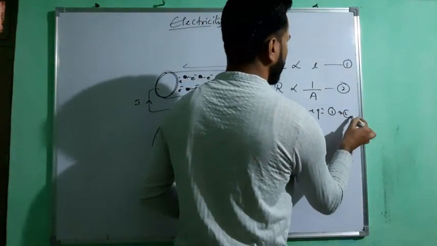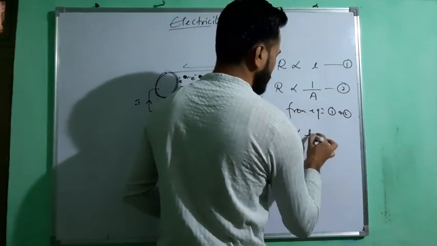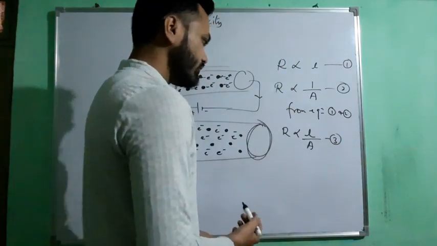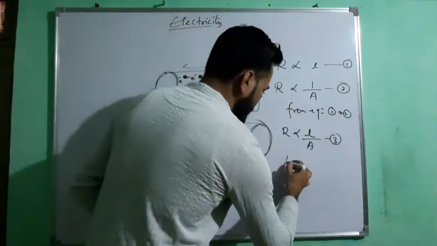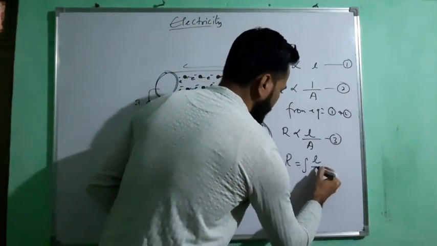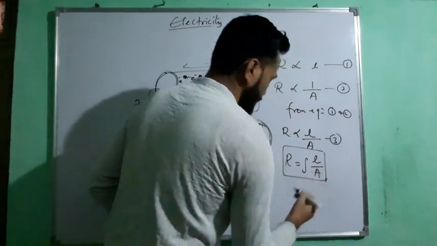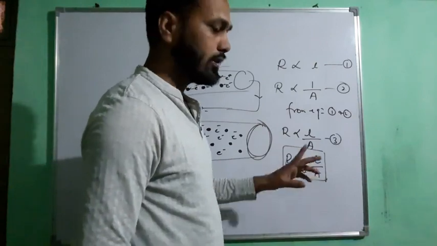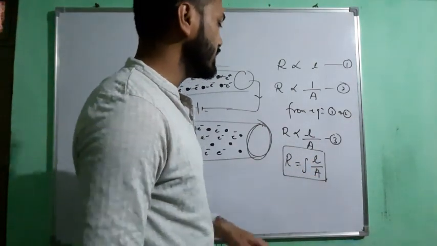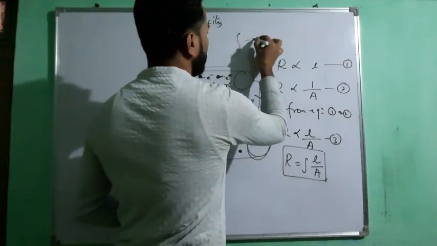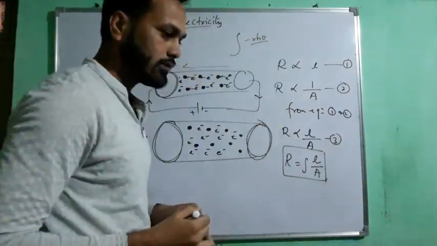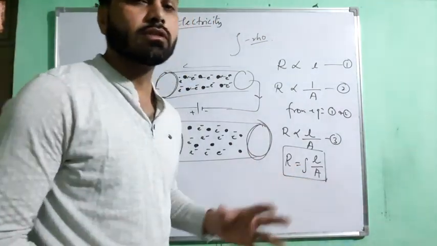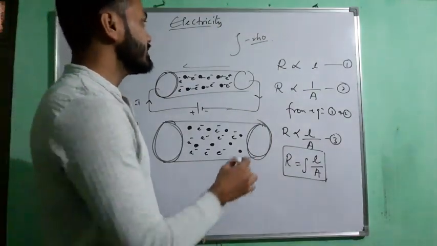So from equations 1 and 2, what I can write is R is directly proportional to length and inversely proportional to the area of cross section. Now it can be solved as R equals rho L by A. Here R is the resistance, which depends upon the length and area of cross section. How do you read this symbol? You will read it as rho. It is a letter of the Greek alphabet, and it is nothing but a proportionality constant which has been named resistivity.